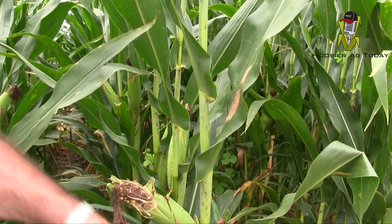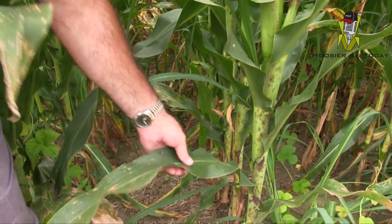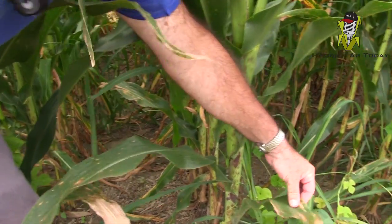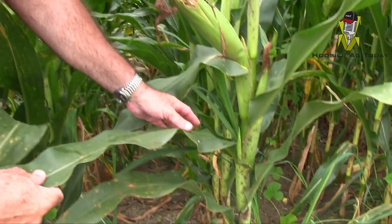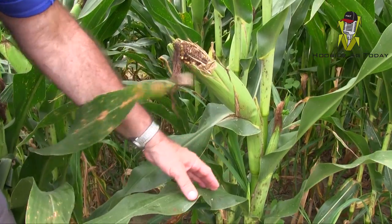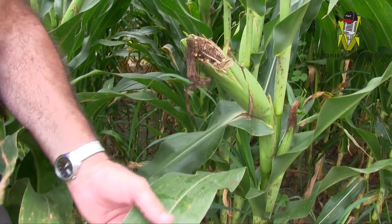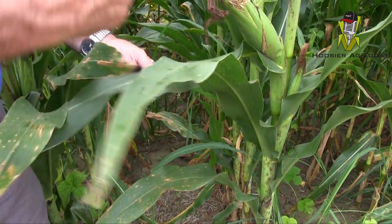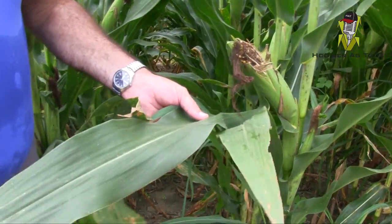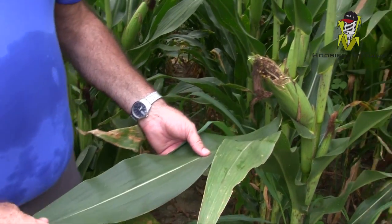Now, as we look down below here, yep, there's gray leaf spot here. We have gray down here, a little bit of northern. The leaf here below, the two leaves below the ear, we're seeing some gray. Really, it's not that bad. As we're coming up the plant, things are a little bit better. We come to the ear leaf here, a little bit of gray,